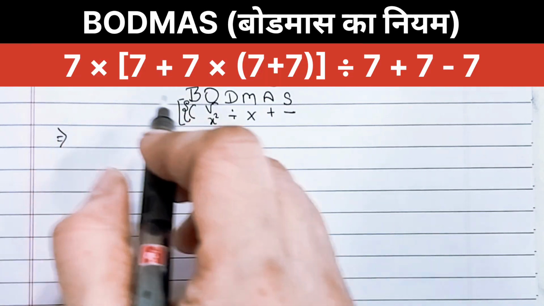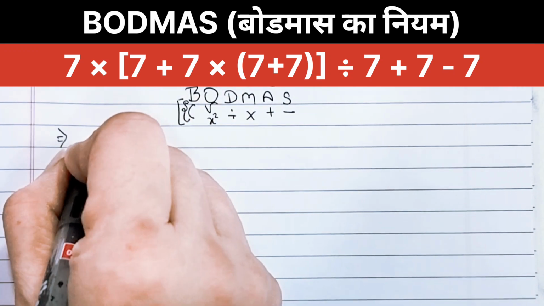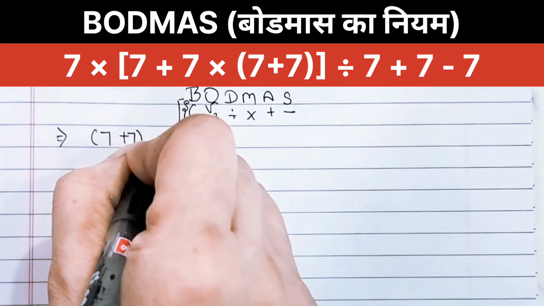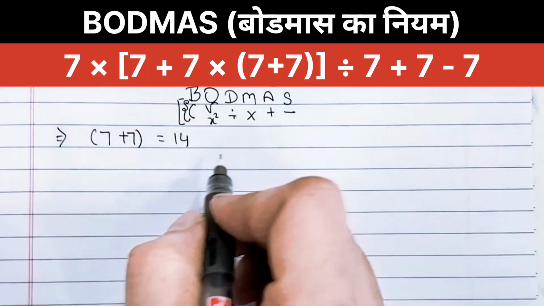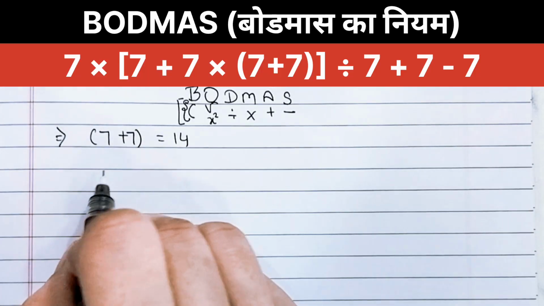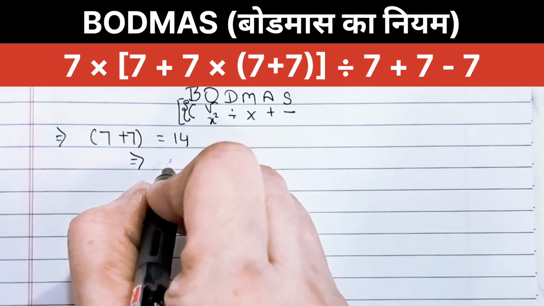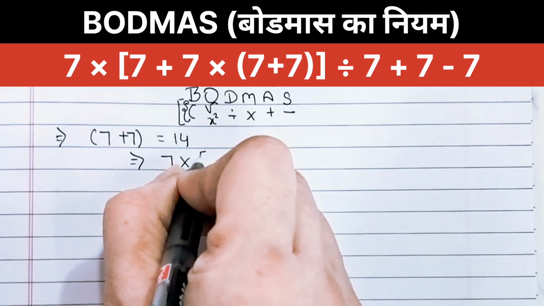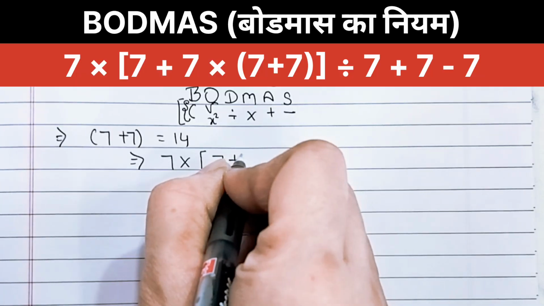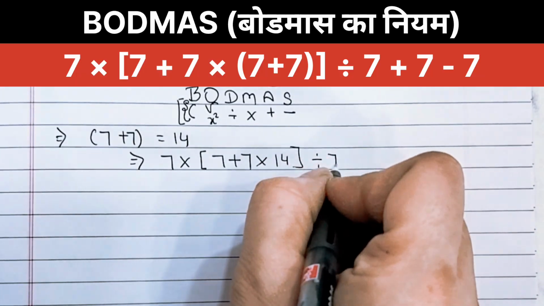Now step 1: solve the innermost parentheses, the brackets. First, 7 plus 7 is equal to 14. According to this step, BODMAS says we must always solve the innermost brackets first to simplify the core of the expression. So now the expression becomes 7 multiply square bracket 7 plus 7 multiply 14 square bracket, divided by 7